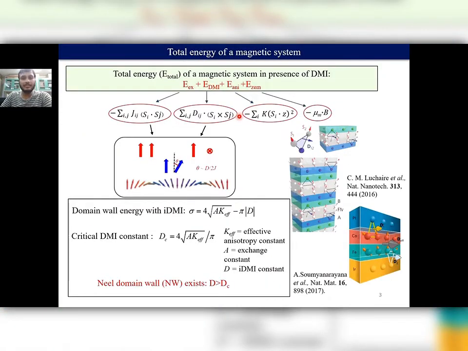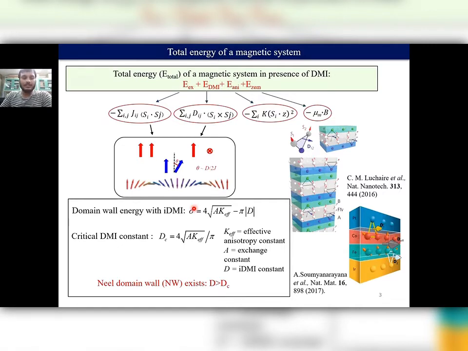When DMI is present in a system, the total energy also gets modified, and the total energy can be written this way, where the exchange energy always tries to keep the two neighboring spins along a parallel direction, and the DMI term always tries to keep the neighboring spins perpendicular to each other. And when the energy of the system is minimized, in that case the angle between two neighboring spins is around D by 2J, which is a canting angle,